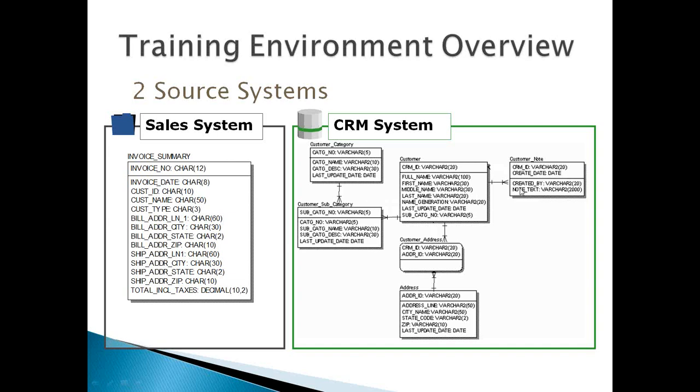Plus, there is a note table where they can make some notes about the customer. So these are the tables which the CRM system has, and the sales system is maintaining everything in a single table. So these are the source system tables which we have. Now the main purpose is to take the data from both the systems, consolidate it, and create a master record.